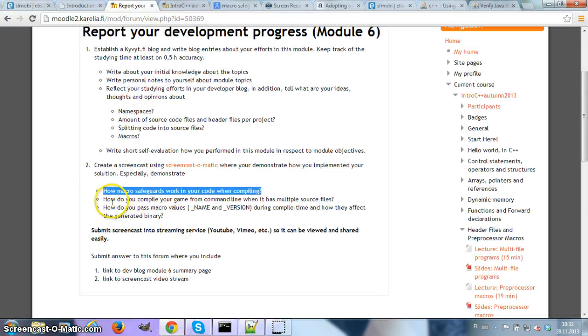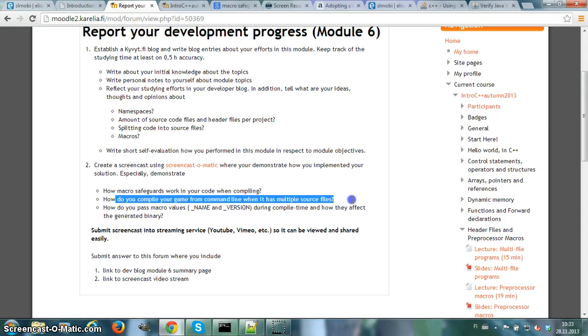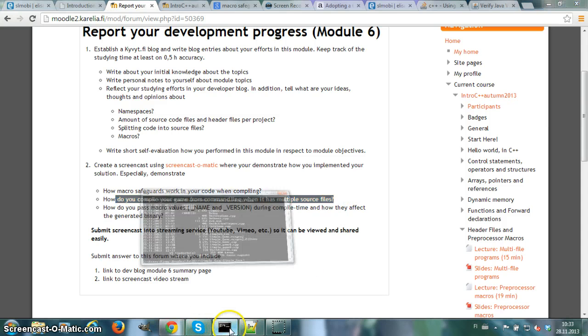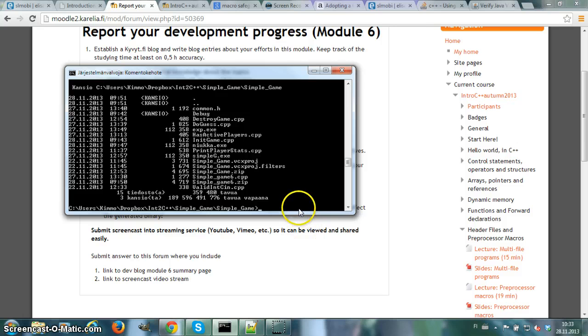Okay, then how do you compile my game from the command line when I have multiple source files? There are two ways of doing that. The harder way is to write down all the CPP files which I want to compile, for example destroy game.cpp, and then there is do guess.cpp,